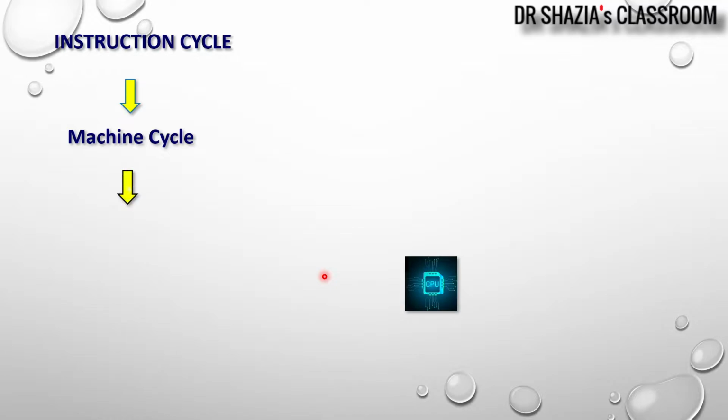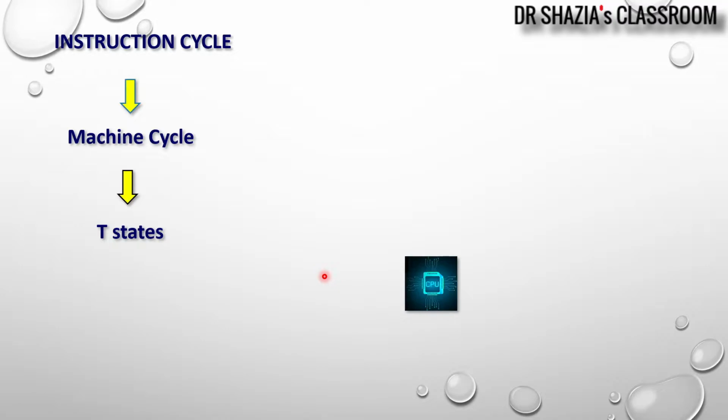Now, each of these machine cycles is made up of multiple T states. What is a T state? I have explained in detail in my previous video. Just to review, T state is the time period of the clock pulse, or it is the time between two falling edges of the clock pulse. As a microprocessor is a synchronous sequential device, all these operations happen synchronously, and the clock is the controlling signal in this case. So we know how the microprocessor handles or executes an instruction.